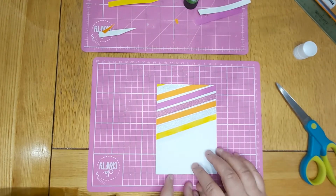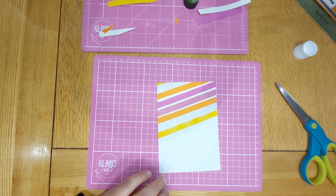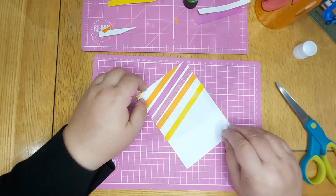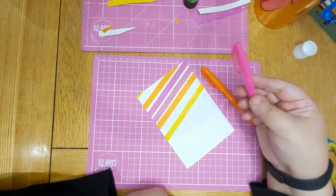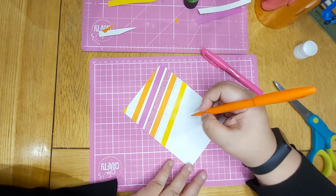Now we're going to decorate this with a little message of what we want to say. You can say anything you like. I particularly would like to keep it nice and simple. You'll also need, I forgot to mention, a few colored markers or pens. Because the theme is all pink and orange and yellow, I'm going to draw hearts with pink, and I'm going to write my message with an orange. So I'm going to write,